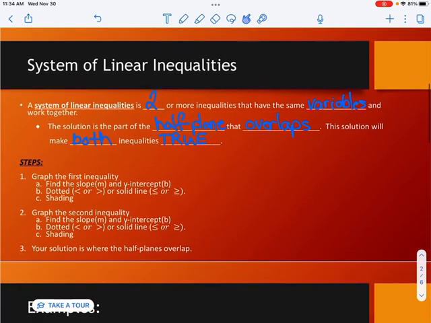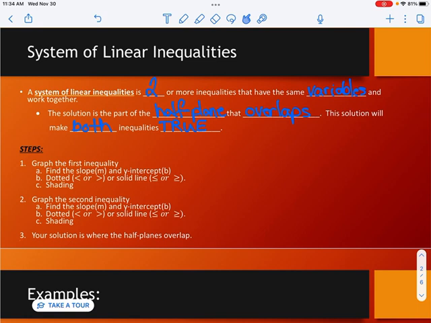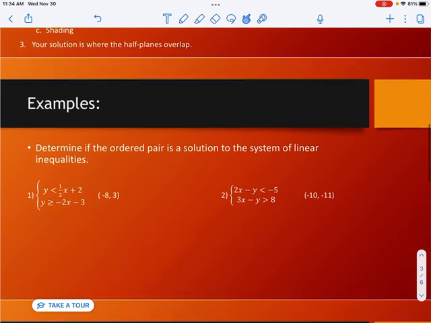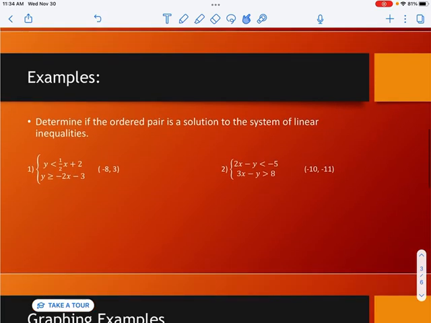So how do we do this process? Well, the first thing you're going to do is graph the first inequality. You're going to find the slope and the y-intercept. You have to figure out dotted or solid, and then your shading. Then you go to the second inequality. You find the slope, the y-intercept, dotted or solid, and then your shading. And where the shadings overlap, that is your solution, meaning any ordered pair in that overlapped region would make both